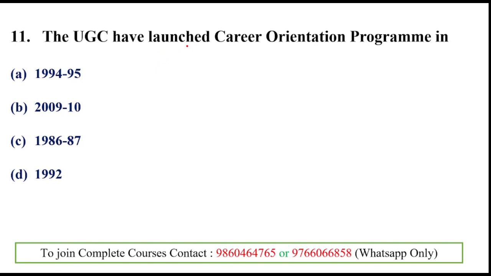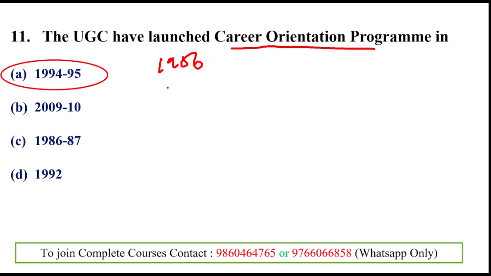The UGC launched the career orientation program in which year? Here we know career orientation program means vocational based or vocational oriented education, and UGC started it in the year 1994 to 1995. Clear? So UGC was formed in 1956 and after this, in 1994 to 1995, in this time period, UGC launched the career orientation program. Clear? And 12th one,